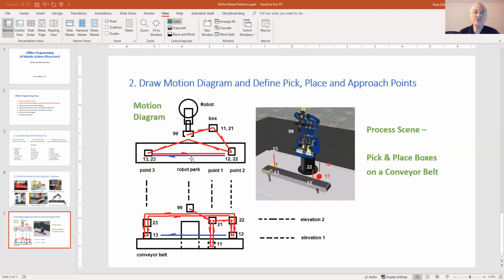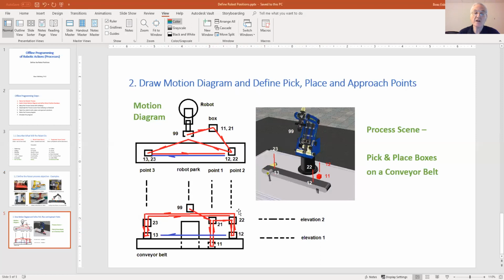The way to describe that process is using a motion diagram. We have the front view here, we have the top view here. All the points are shown on the same location, whether it's lower elevation or high elevation. So this elevation is elevation 1. So all the points in this elevation start with the number 1.